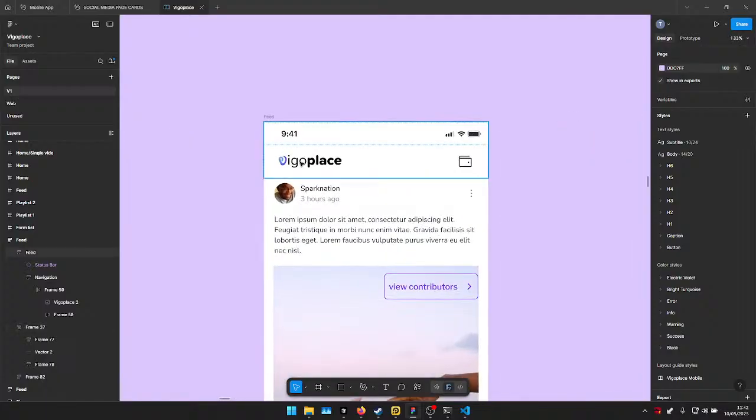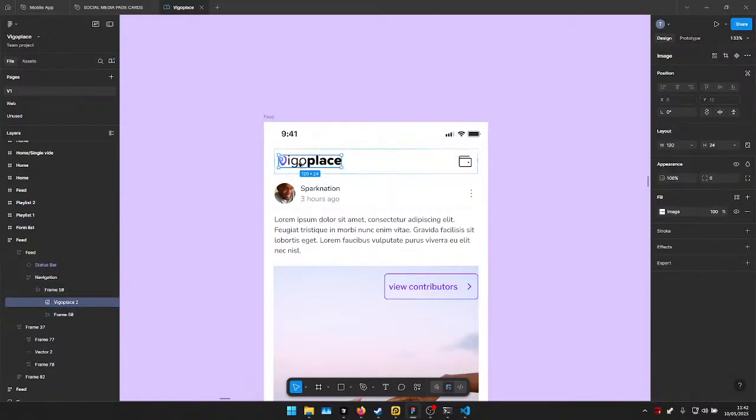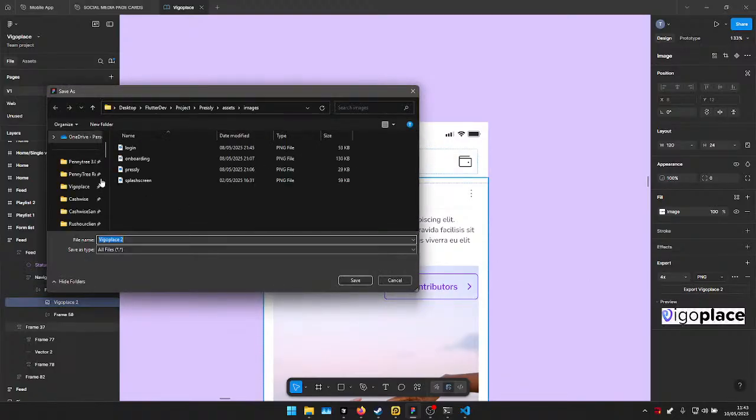So at this particular point, of course, we'll have to export our assets here. The first one is this image, which is Vigo Place. We're going to get 4x. 4x just means the original resolution times 4. I usually export it in 4x because it's usually sharper that way. So time to export. Let me find our workshop